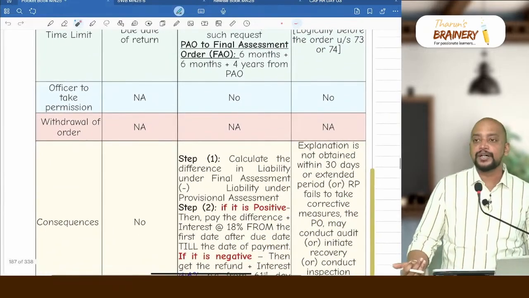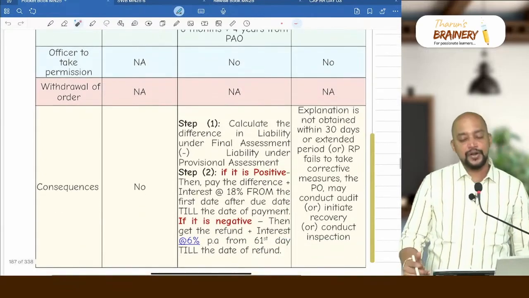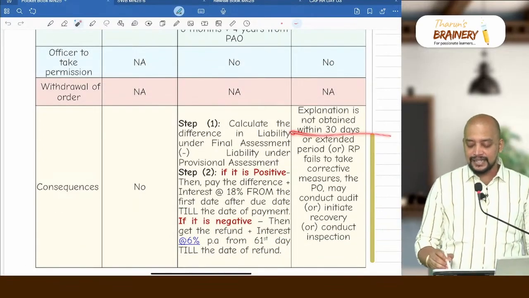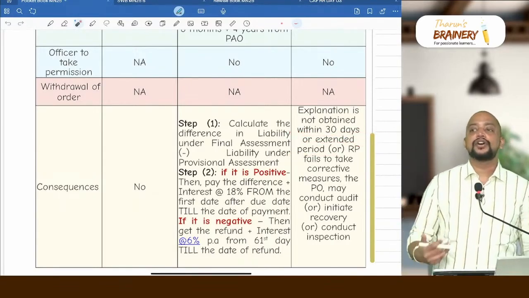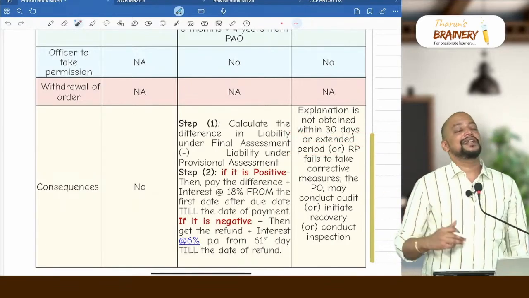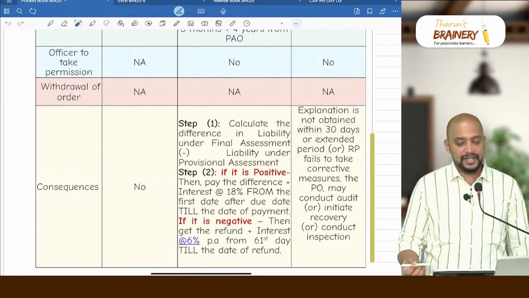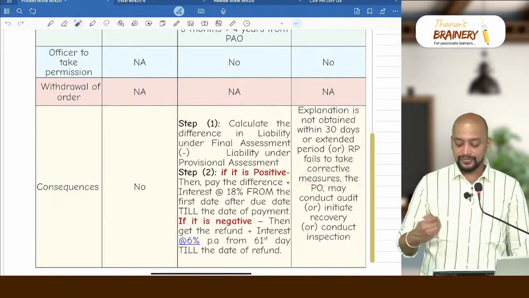Does the officer need to take any permission? No. And withdrawal of order, not applicable. What are the consequences if the explanation is not obtained within 30 days or the extended period? First they will give a notice, that is, intimation or communication of discrepancy. Within 30 days we need to respond. If not responded within 30 days or the extended period, or the registered person fails to take corrective measures,